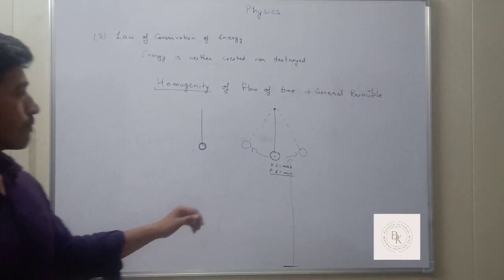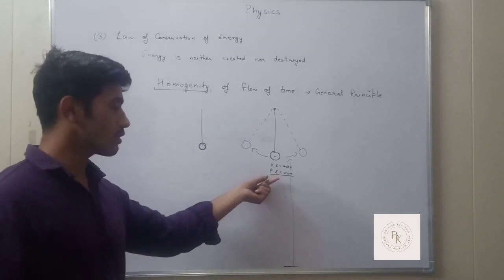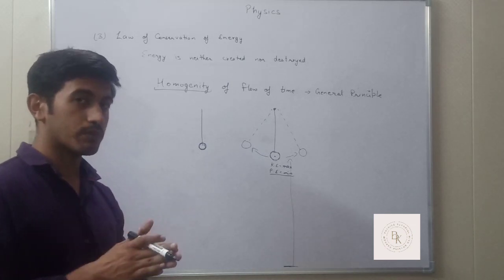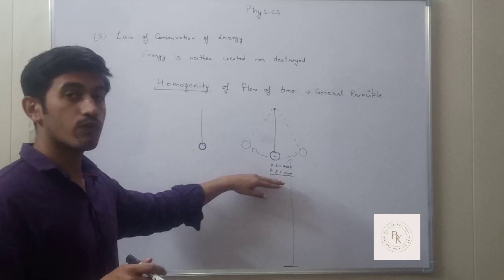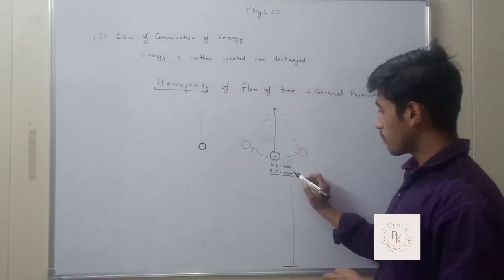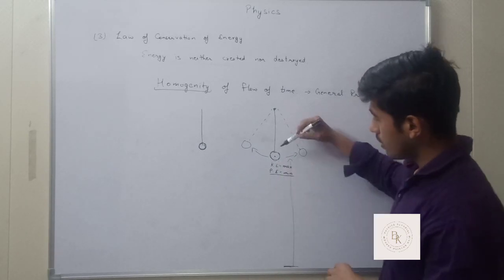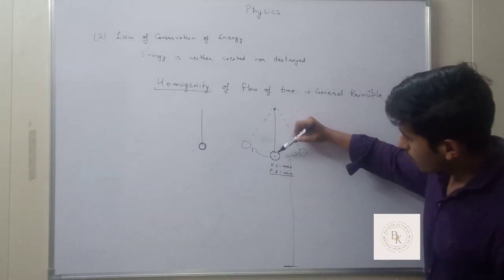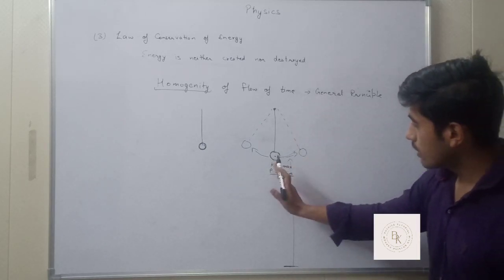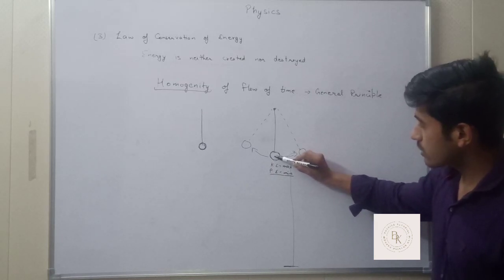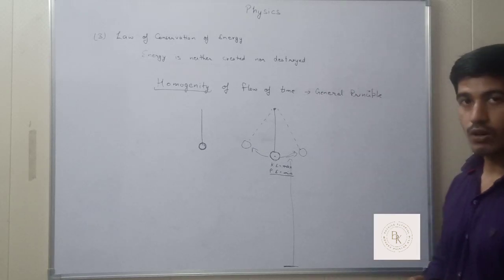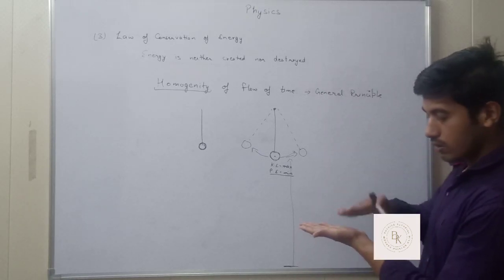Please note that the potential energy always works with some reference. Every time there is a reference upon which we can say that this is the value of potential energy. Please write it down, and let's take the potential energy as minimum here, because when it moves toward the right, it raises the height of this central point, and when the central point raises its height, some potential energy is gained. Because the reference is from down to up.